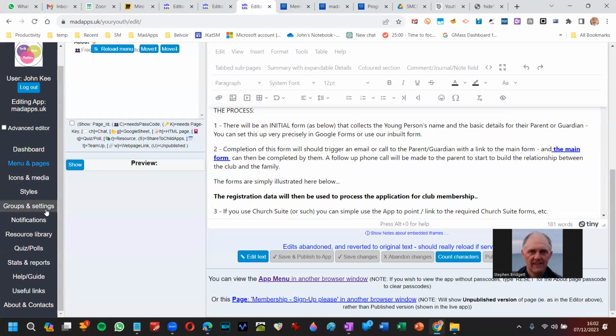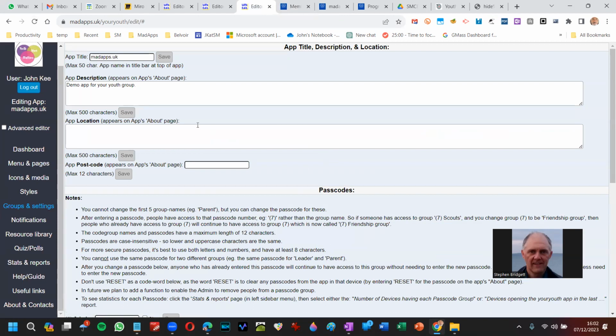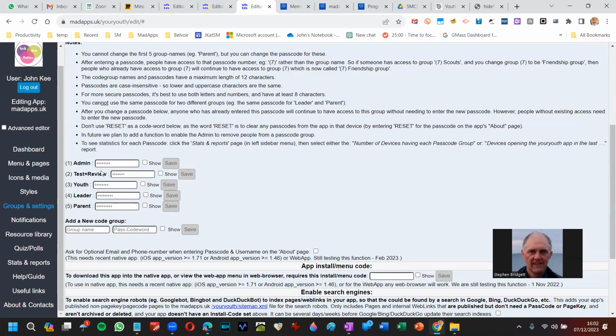I'll jump very quickly to the groups and settings, just to let you see that there are a series of groups that are already set up for your app because you took the Your Youth app as your basic template. And that has given you these 5 different groupings to begin with. Now you can use those or ignore them. They're just default groups. Where you might want to restrict some content just for your leaders. You might want to restrict some content just for your parents,